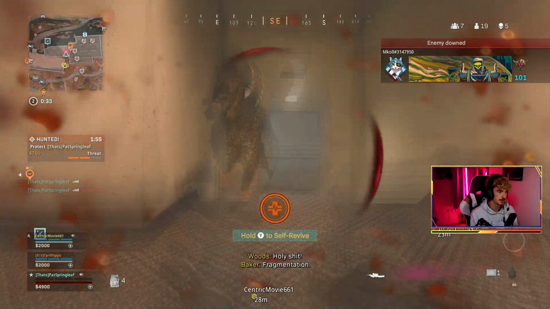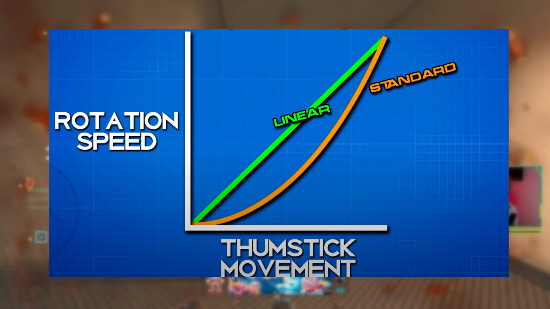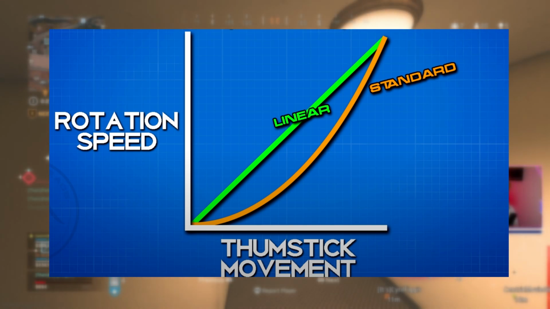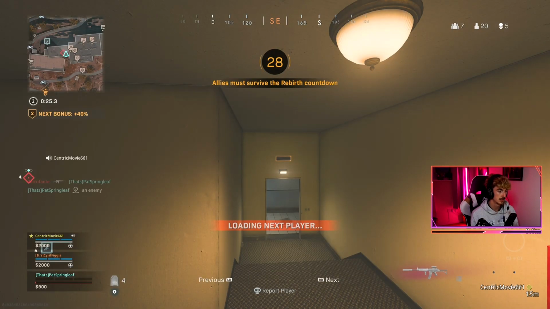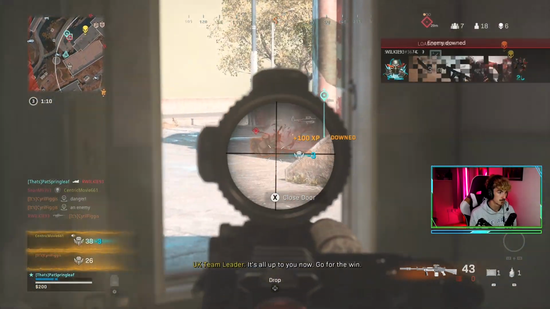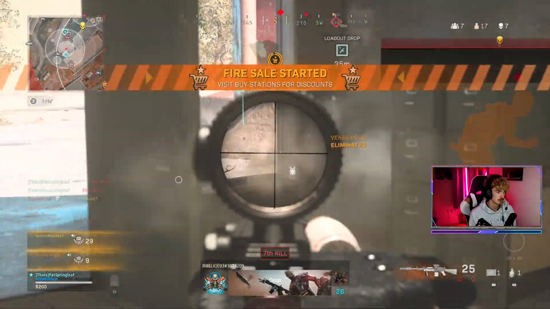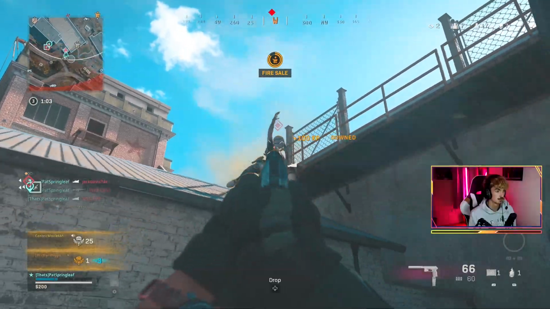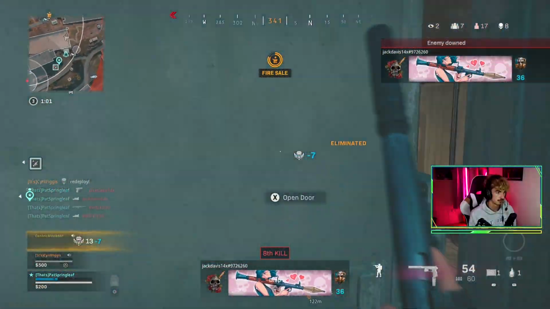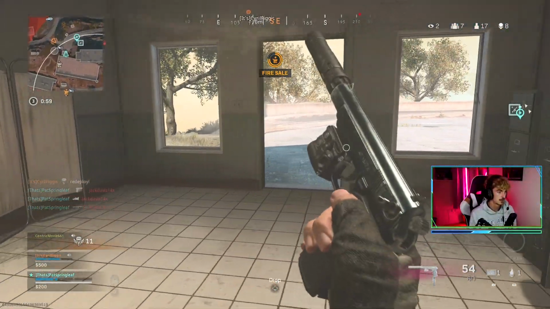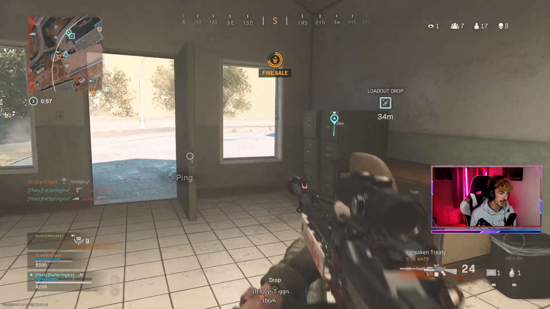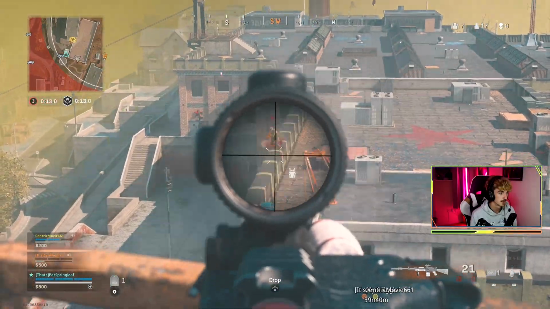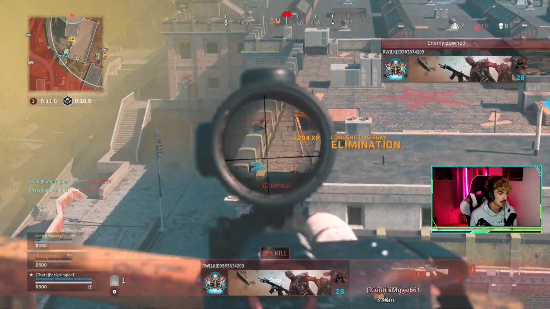For example, if we look at the standard response curve, we see an accelerating line of fit between analog movement and the rotation speed on screen. This essentially means if we move our thumbsticks at the exact same rate as we did on linear, then on standard we'll actually move across the screen slower initially before accelerating into the same speed of movement. The slower initial movement feels comfortable to most Call of Duty players because this is the default setting, and the advantage of this is that you have more control in the initial phase of movement, meaning you can be more